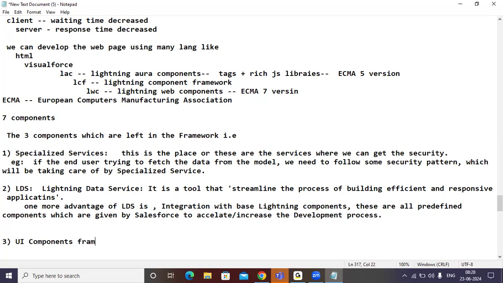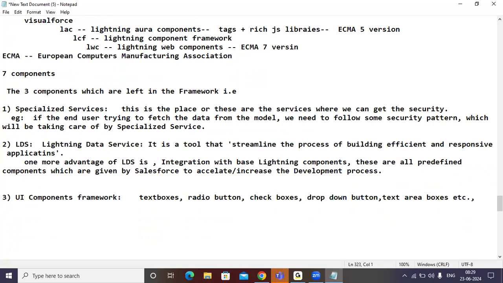So the UI component framework is all related to text boxes, radio buttons, check boxes, drop-down buttons, text area boxes, etc. Understand, Rajesh, Ashok, Pratika?